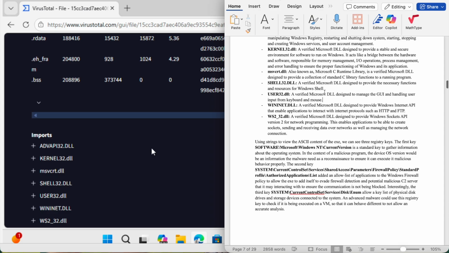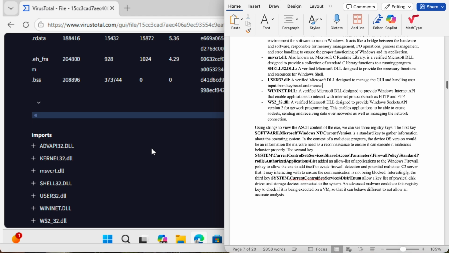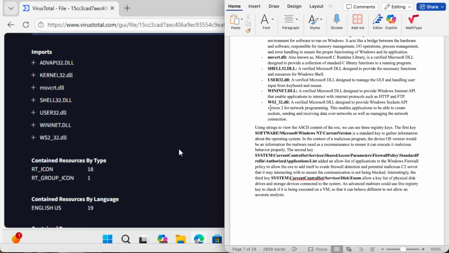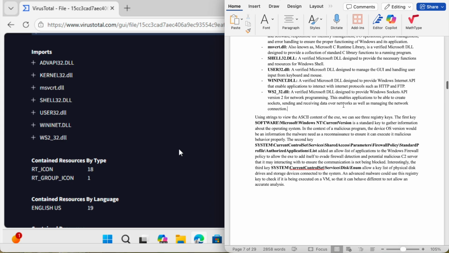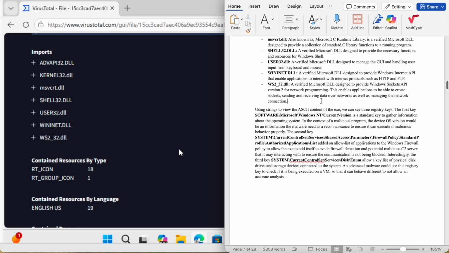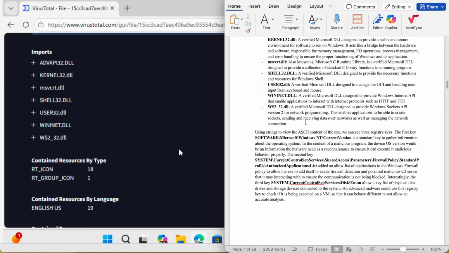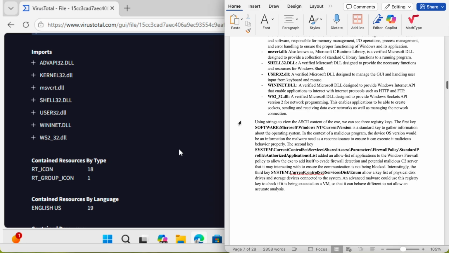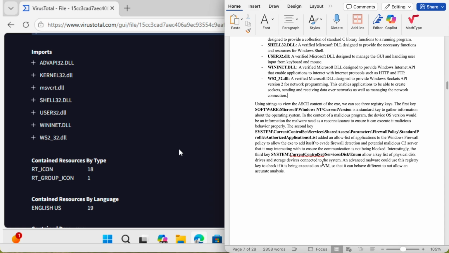User32.dll is mostly handling the GUI, which is the graphical user interface handling, like keyboard input and mouse. Well, WinINet.dll is for the Windows Internet API for Internet access, with protocols like HTTP and FTP. And WS2_32 is a verified Microsoft DLL designed to provide the Windows Socket API version 2 for network programming. So this basically enables malware to create sockets and send and receive data over the network, as well as manage the